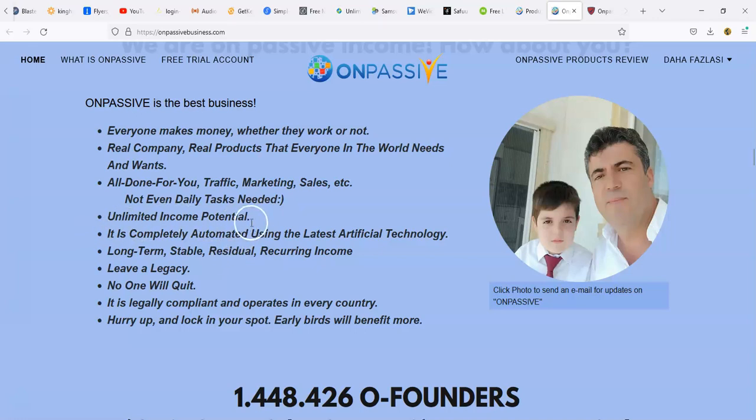There's an unlimited income potential. Now, this is actually true because there's going to be so many people that are going to come into this platform. Because a lot of people, including business owners, like tools that work. They like platforms that work, and they like them at a price that's reasonable. They like them at a price that's not going to hurt them. And most people like things that are positive, things that are moving in that direction.